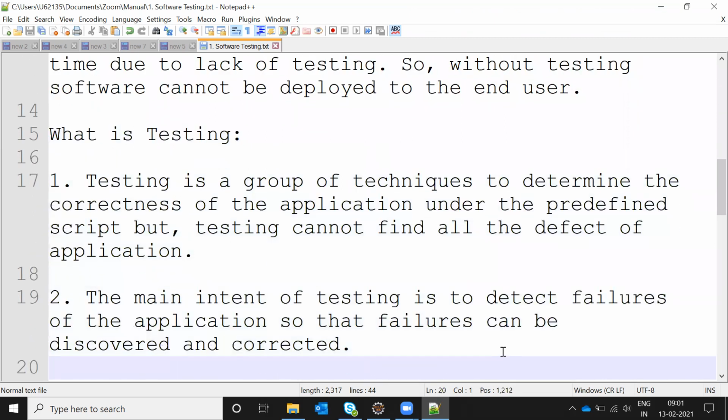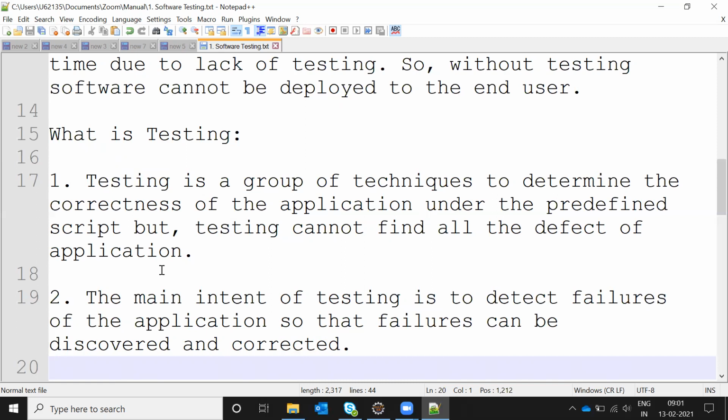What is testing basically? Testing is a group of techniques to determine the correctness of the application under a predefined script, but testing cannot find all the defects or specifications. Whenever we test a particular application, we can use predefined scripts.